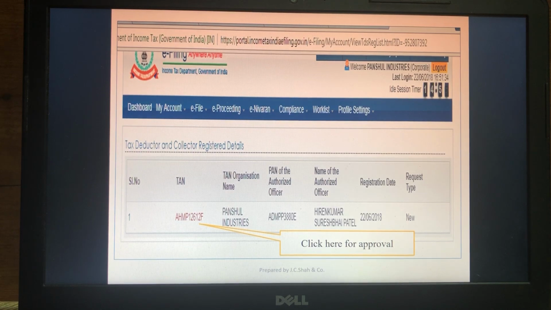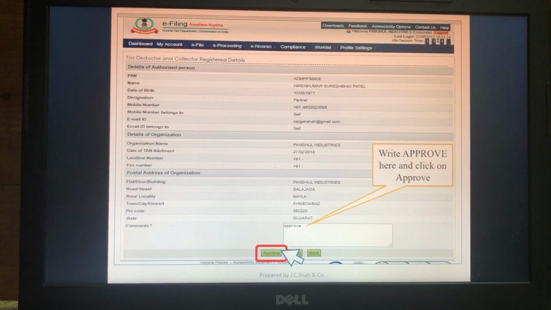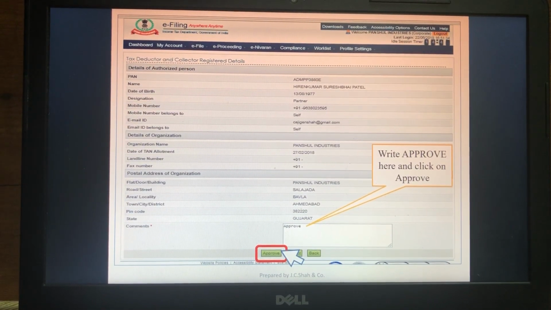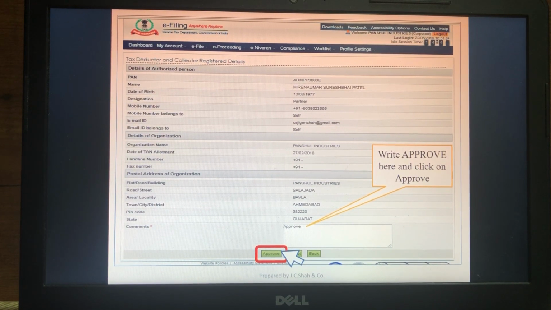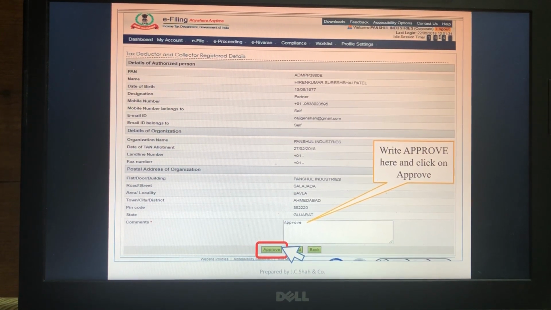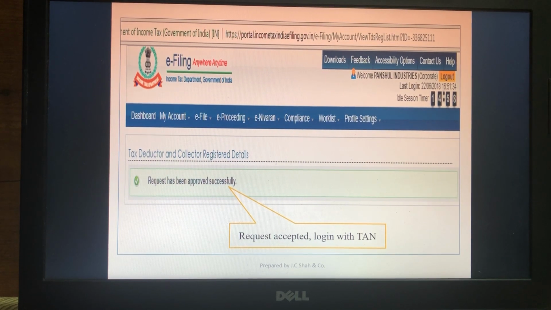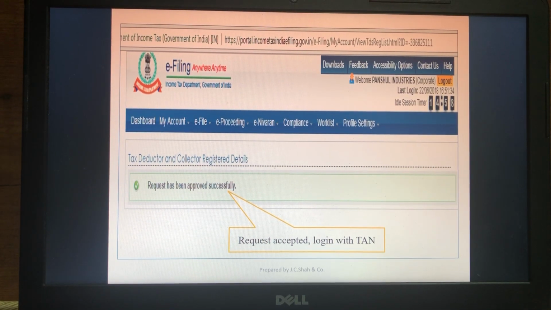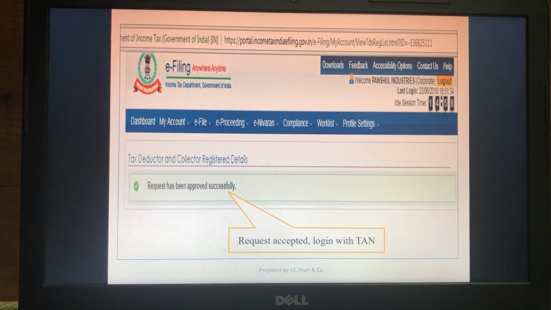Now again click on the TAN which is mentioned in red, and in the comment section type the word approve and then click on Approve. Now our registration is successful, and we can log in through our TAN user ID and password.